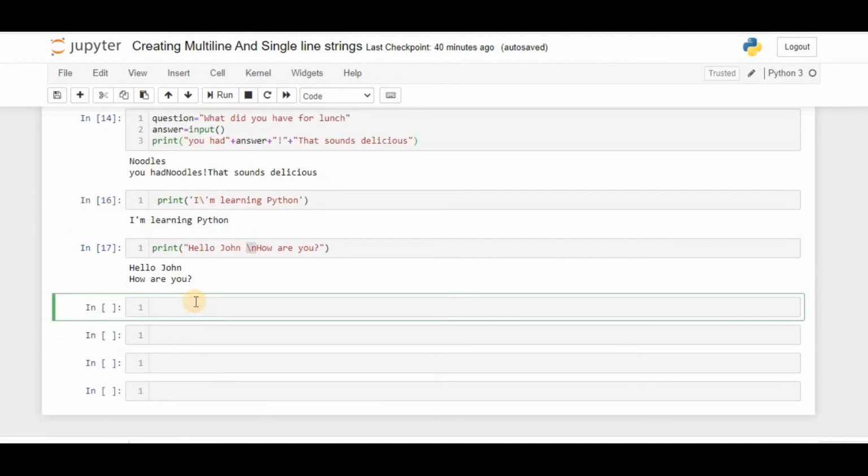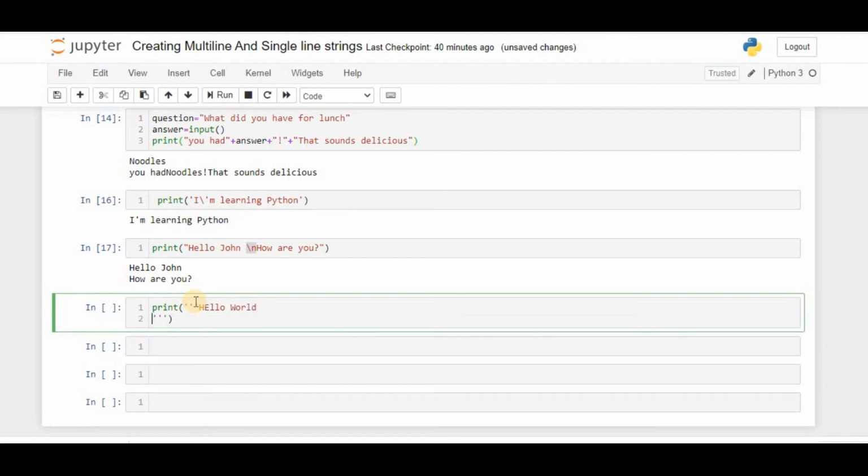If you don't want to use these special characters, then you can simply use three single quotes, and write here hello world, and here you can write string in a multi-line.